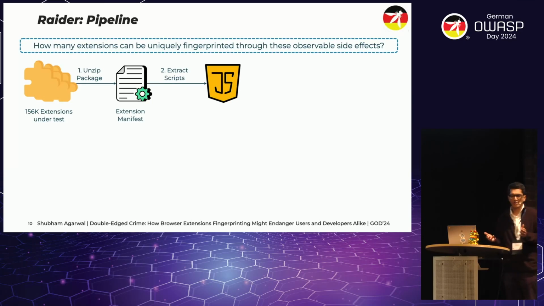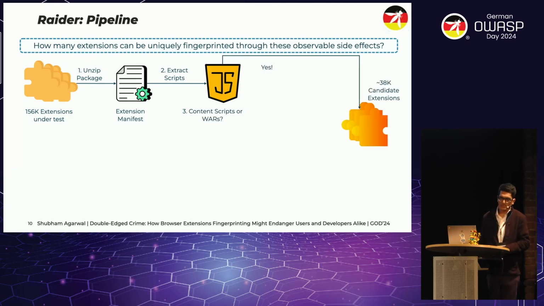Manifest, I don't know if you are familiar with the Android ecosystem. You have the same manifest there, which is basically the blueprint. You see all the permissions and everything there, which also applies to extensions. We try to understand how many extensions even operate on any arbitrary web page that the user might visit. Based on that, we select those extensions for the next test. And that next case is how many extensions can even inject scripts